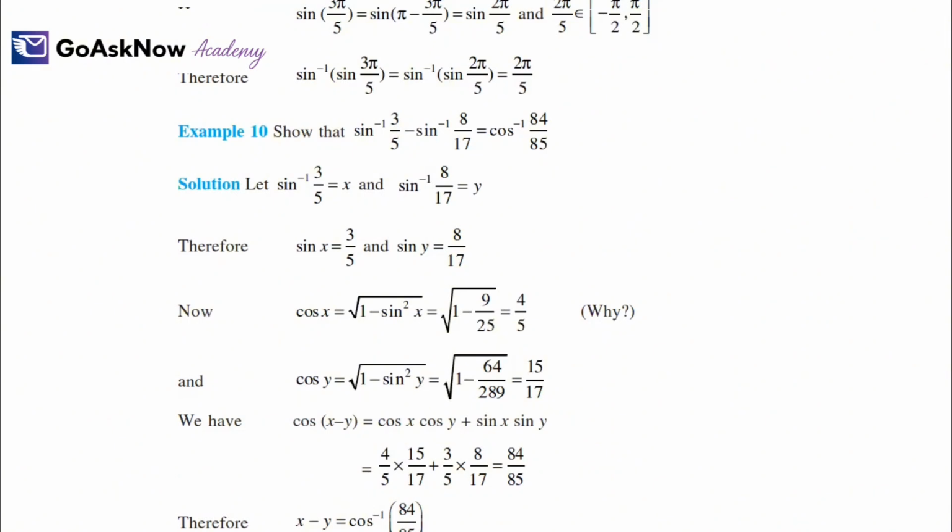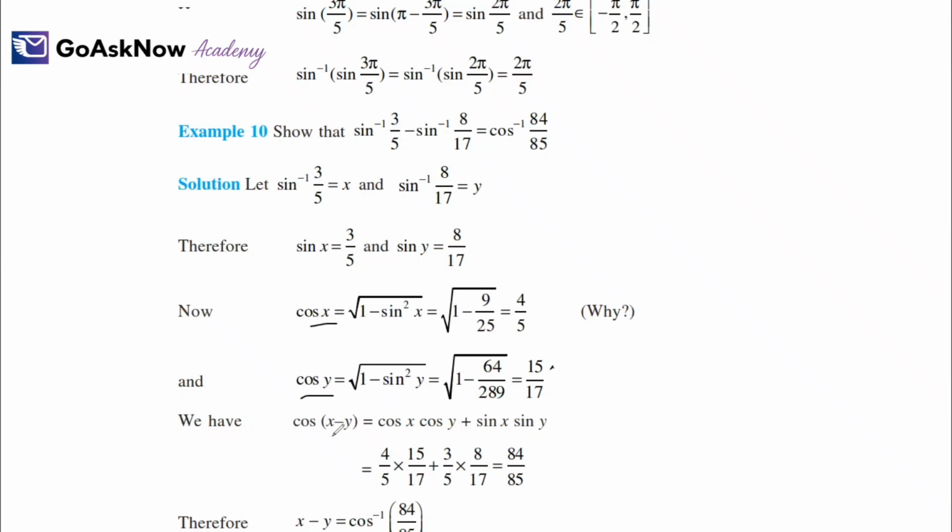Because if we take minus 4 by 5, then the result will not be valid. It will not fall in the principal range of cos inverse. Cos inverse has a principal range of 0 to pi only, but if you take a negative value, it will not fall in this interval. Okay. So just take the positive values, cos x is 4 by 5 and